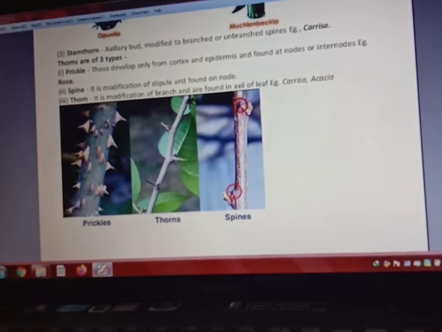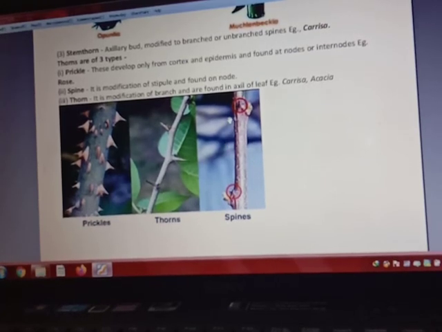You can see here. But in case of a thorn, the spines are found only in the axil of the leaf, means only at the node part. You can see here from where the leaf arises, and from the axil a spine arises. Okay, in case of spines, thorns are present, you can see here also, only at the axil of the leaf. Sorry, not on the axil of the leaf, on the stipule, means from where the flower will arise.